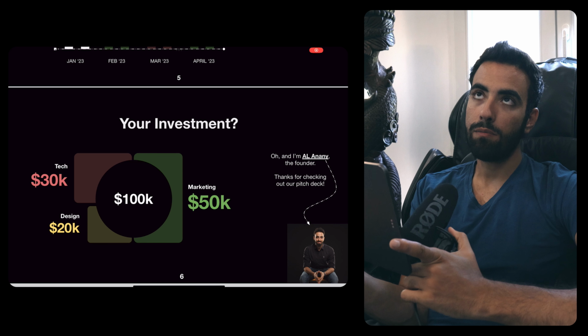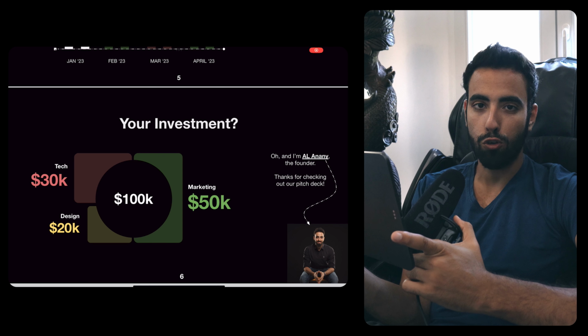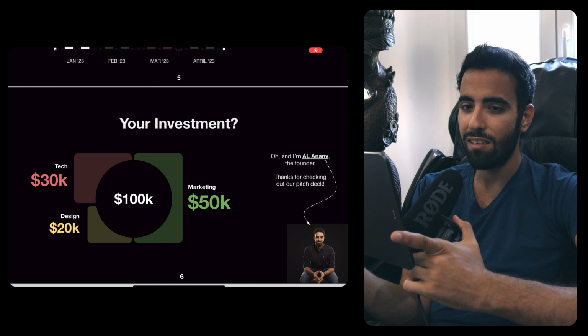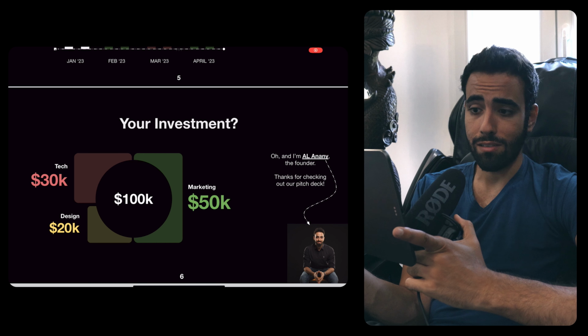I put myself as a team founder, and the distribution of investment funds. Now, a famous investor once told me, you don't have to put a team unless you have a Mark Zuckerberg or a Bill Gates in the team. And that's why I just squeezed it in the investment ask, because we don't have Mark Zuckerberg or Bill Gates in the company.